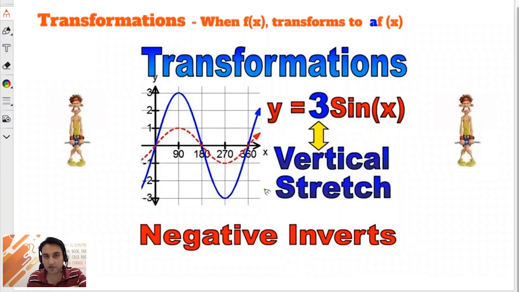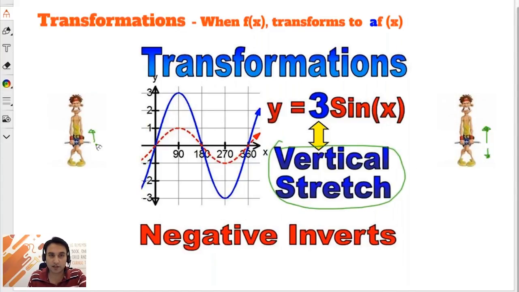So this is vertical stretch. This is the vertical stretch. Either these dudes pull up or push down, right? Vertically. So this is the case which we learned